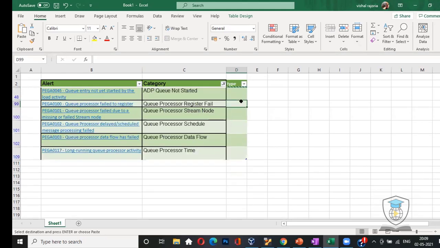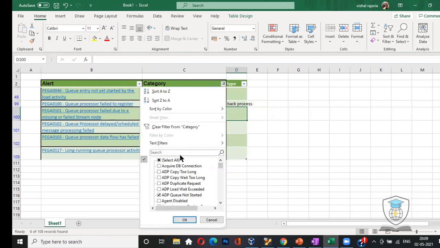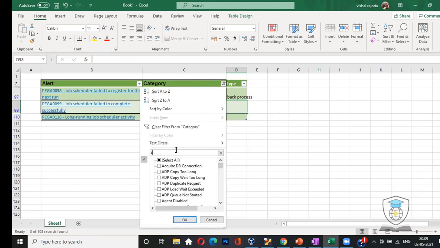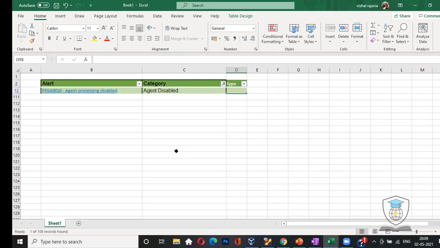Now this one is for queue processor, so I will mark it as background processing. Now I will select job scheduler. These three are for job scheduler, so I will mark them also as background processing. I will select agent. This is also background processing.